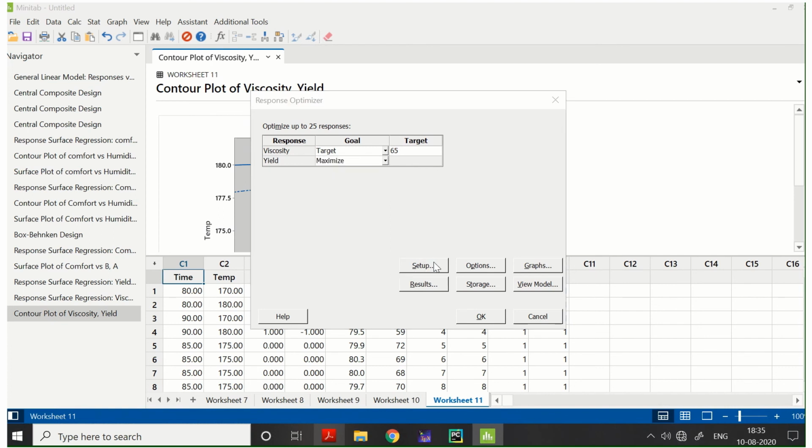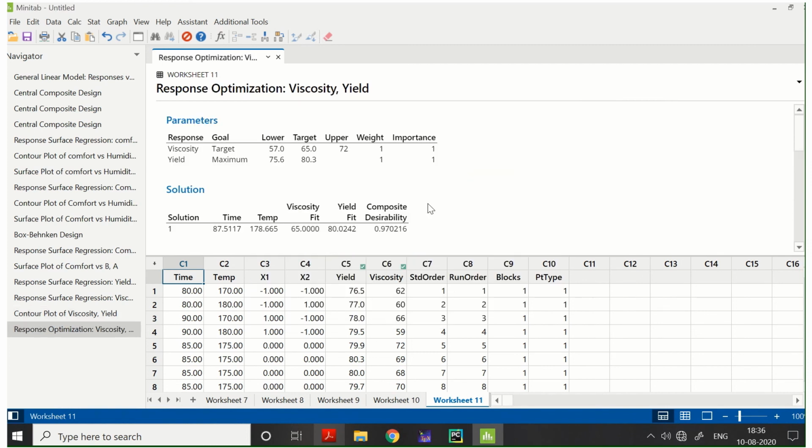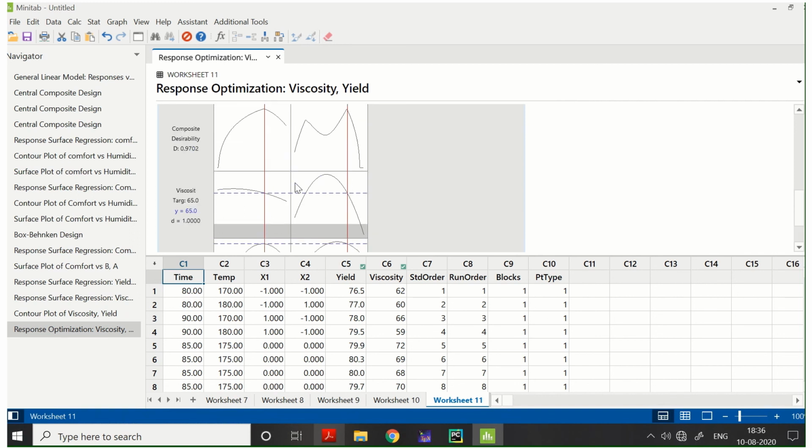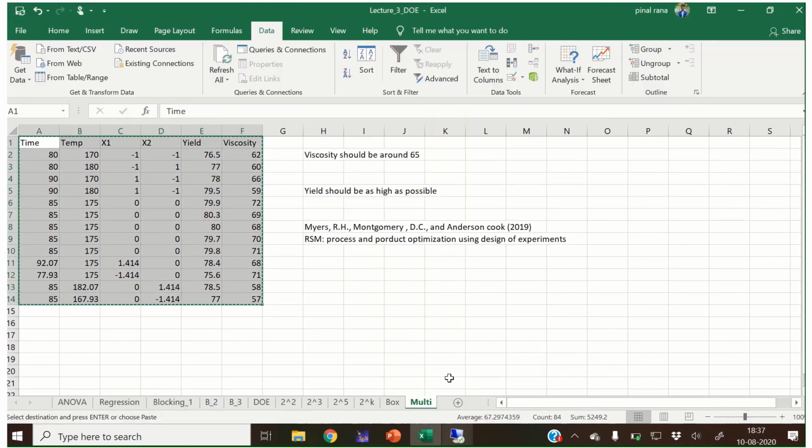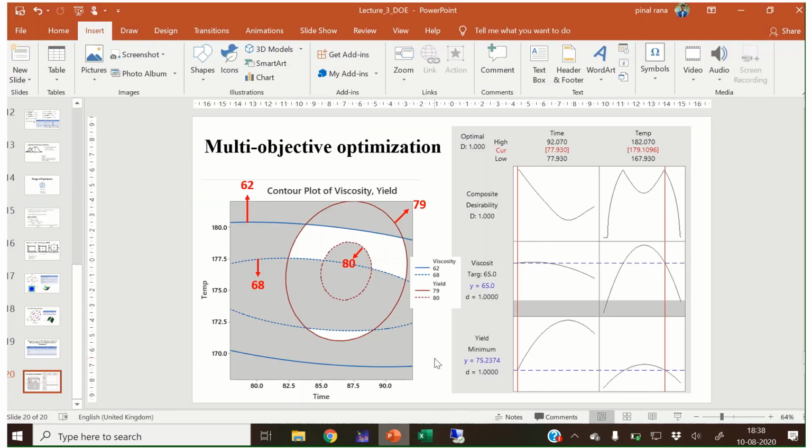Okay, setup. I think everything is okay. So this is another plot. Now I have copied both of these over here. This first circle will give you the yield value. When we move inside, toward the center of this circle, the yield value will increase, and if we move away from this circle, the yield value will decrease. So the optimized yield value is somewhere between these two circles.